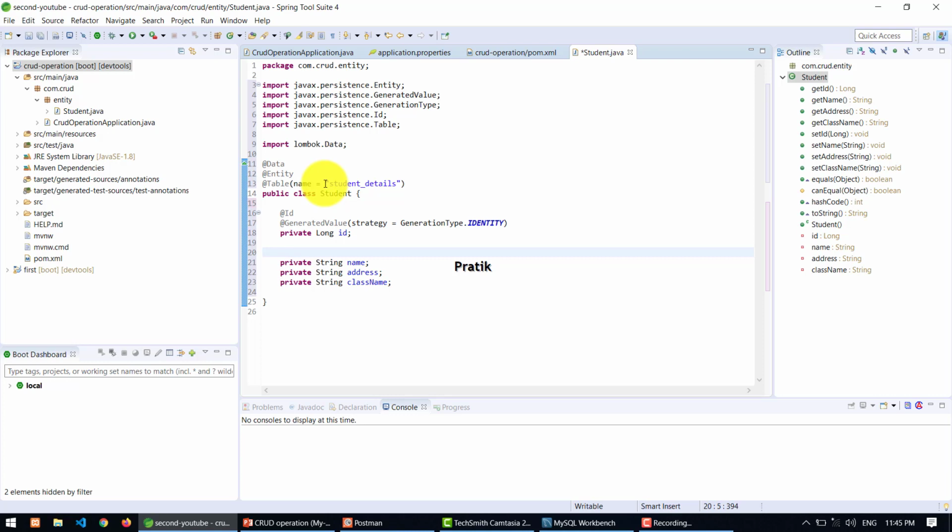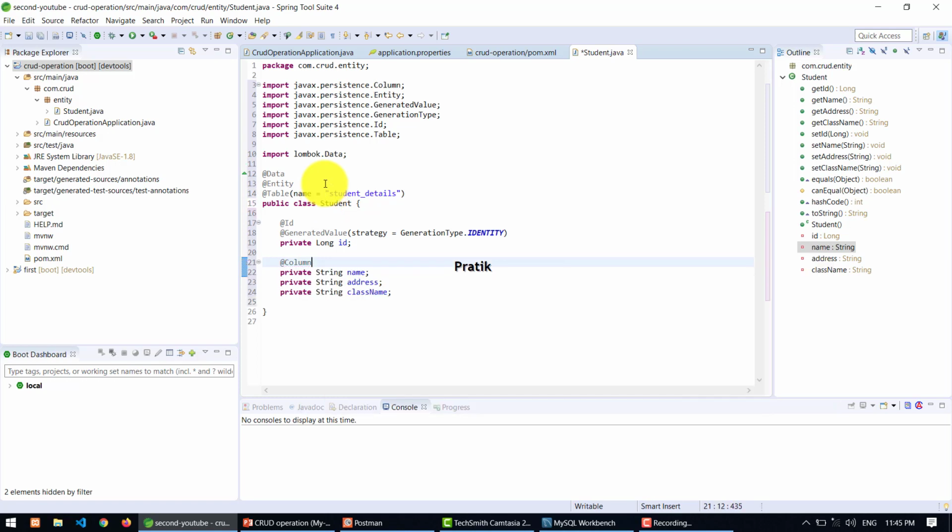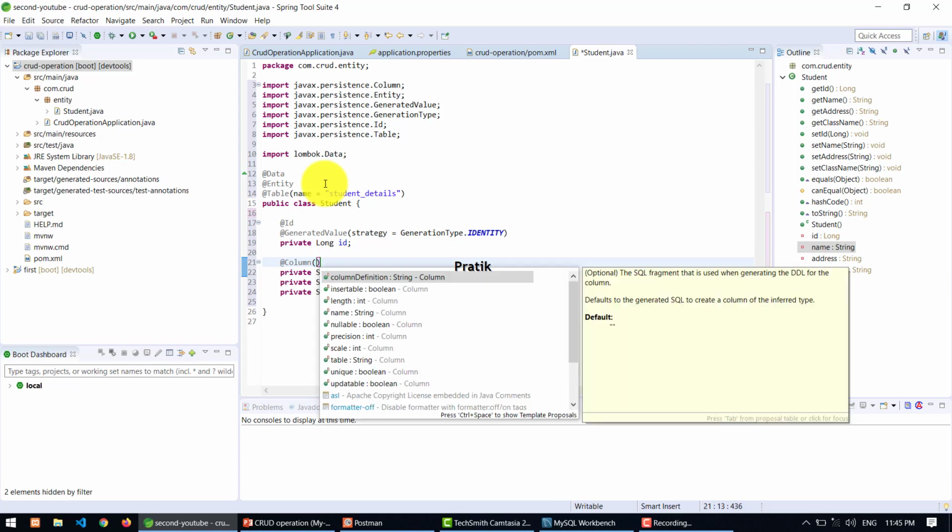It's the Column annotation. What that annotation does is, if you want to give a specific name or some kind of validation, like keeping a column unique, or scale, or a length of 10 characters, then if you enter 11 characters it is going to give you an exception.